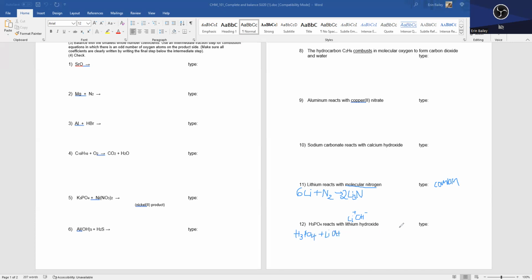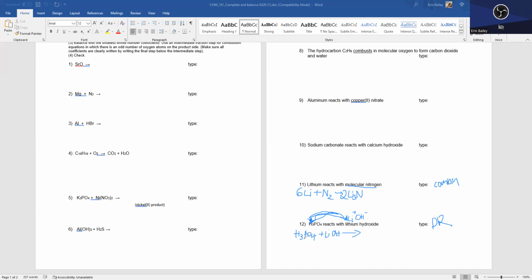And I see two different compounds here with two different elements or groups of elements, polyatomic ions. And so I see that this is going to be a double replacement, because the hydrogen, which is acting as a cation, and the lithium are going to switch places. The only thing that can really happen between them is that they switch places. And so that is going to form